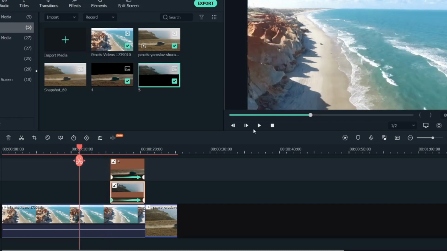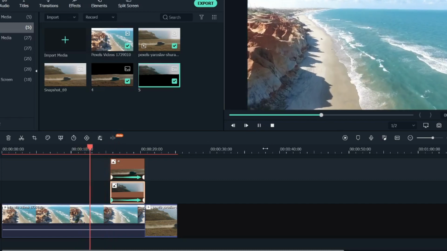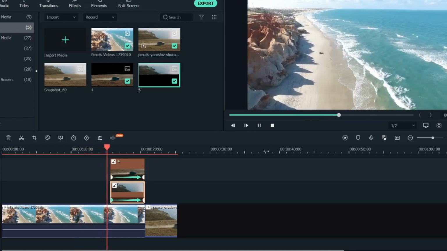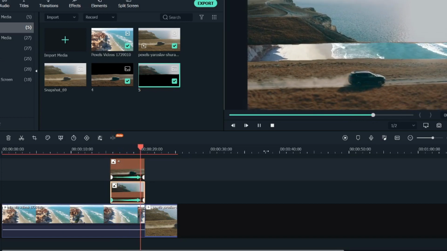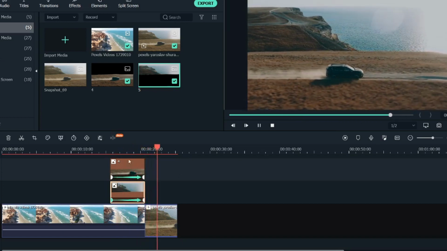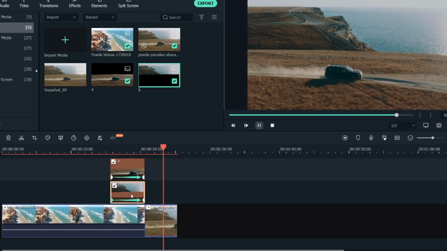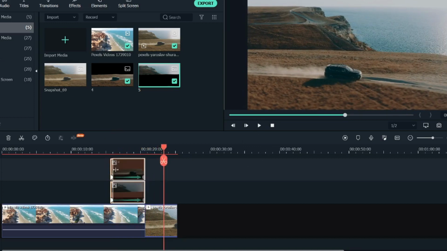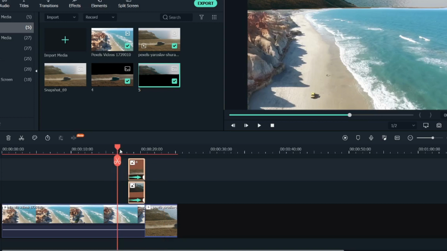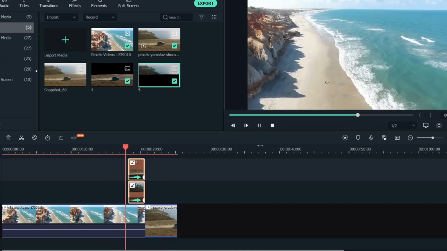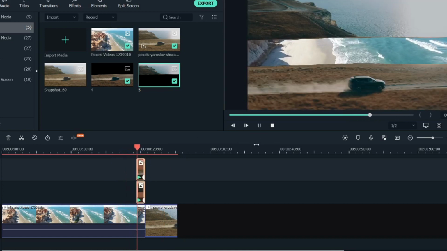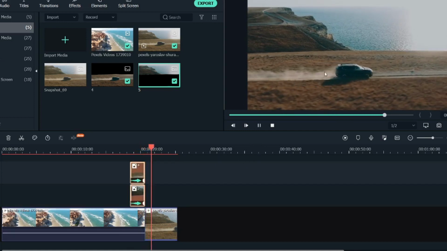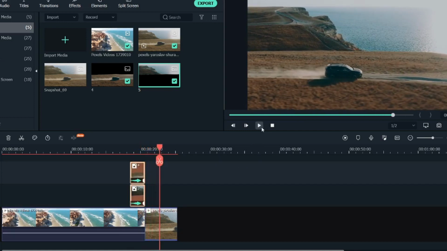Now if you go back and play, let's just see how it looks. As you can see, it slowly joins and we have the image. So as you can see, it's quite slow. So what I will do, I will decrease the overall time by shrinking this image. Now let's play again. It's still very slow. Now let's just play and see for one last time, hopefully. So as you can see, that is the puzzle transition that I was talking about.